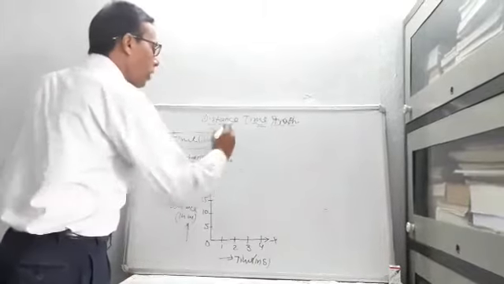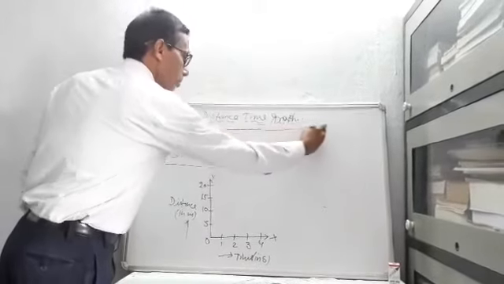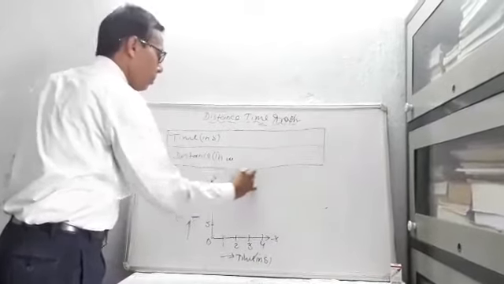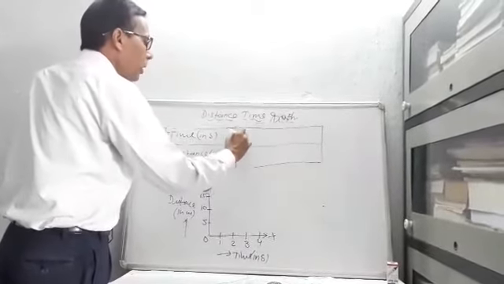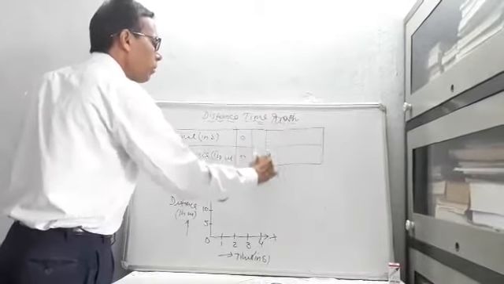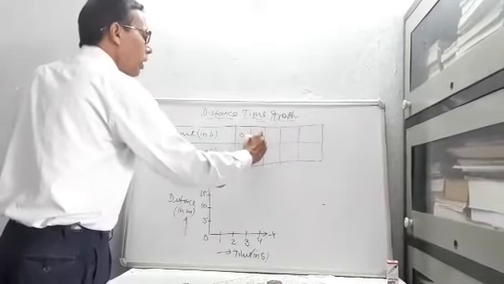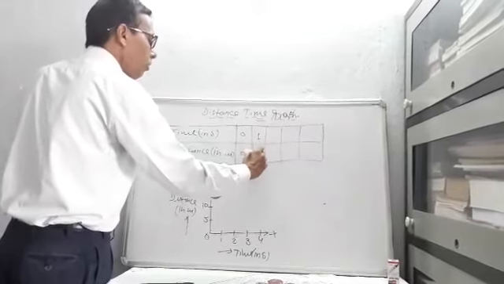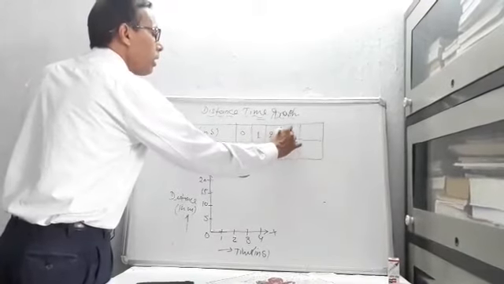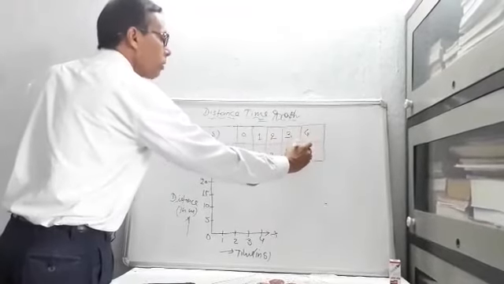For the non-uniform graph, suppose in 0 second 0 meter, in 1 second 5 meter, 2 second 7 meter, 3 second 10 meter, and 4 second